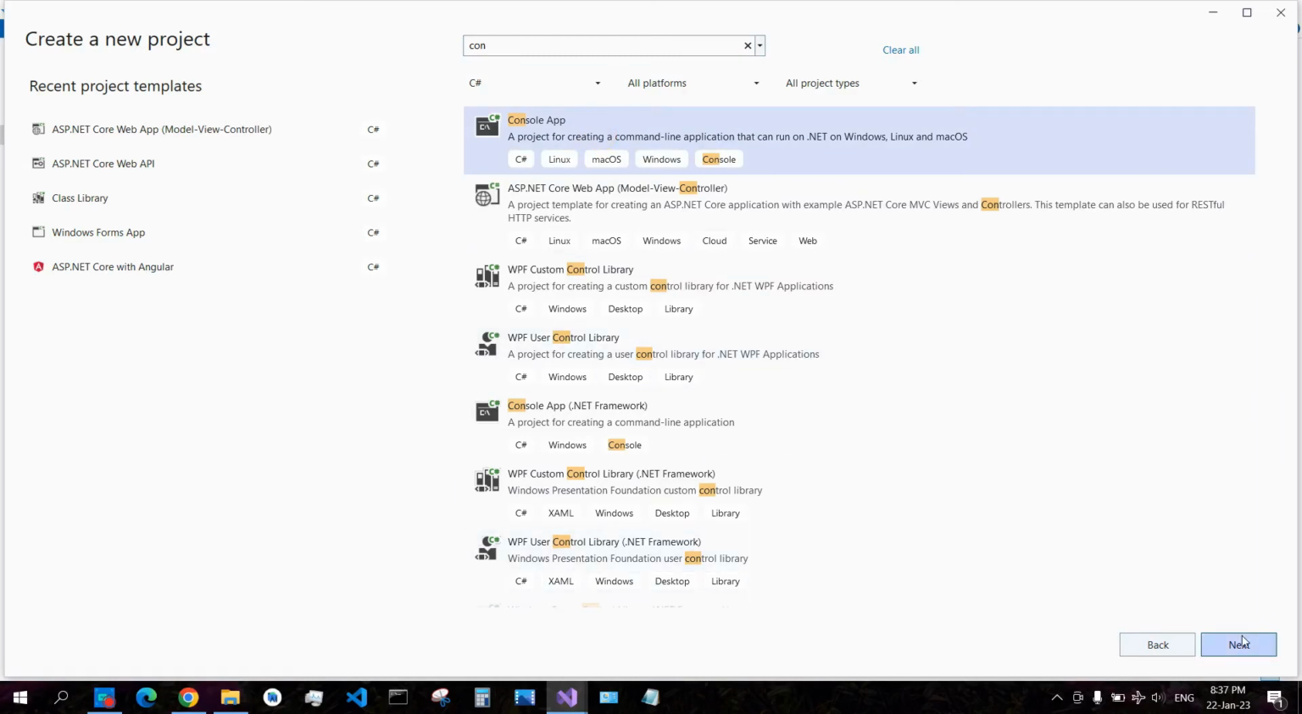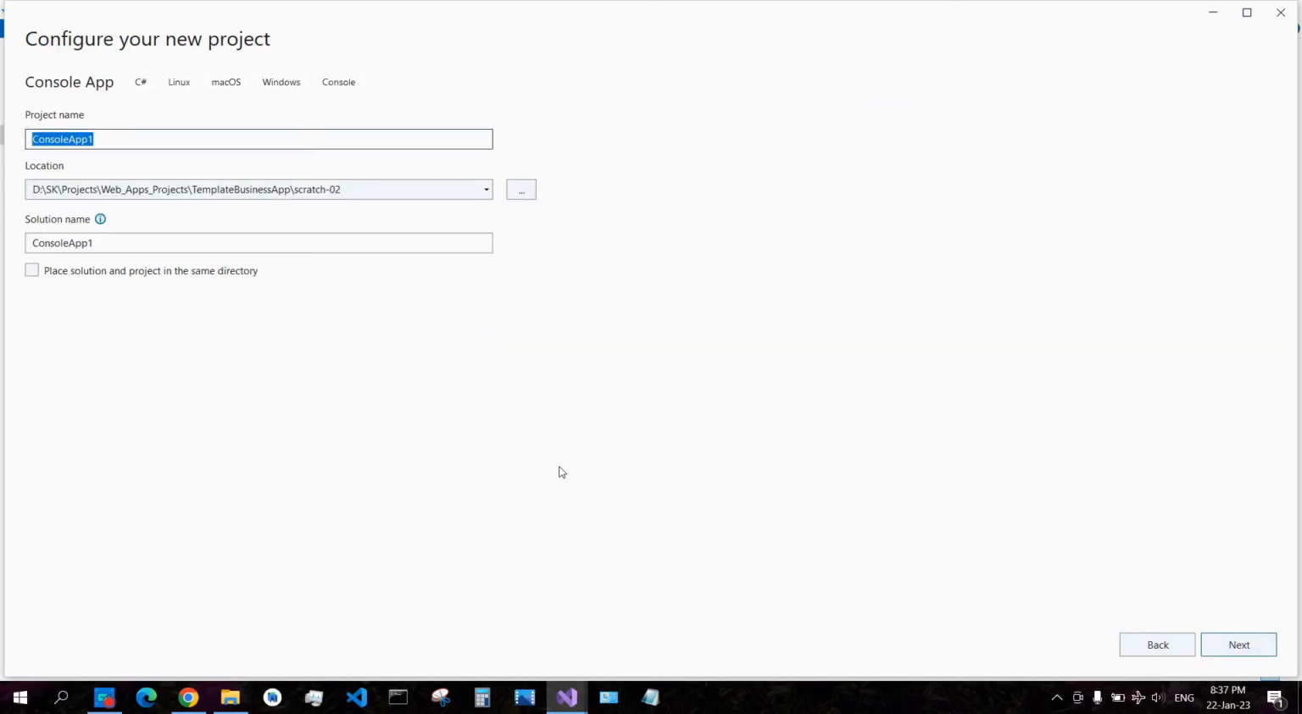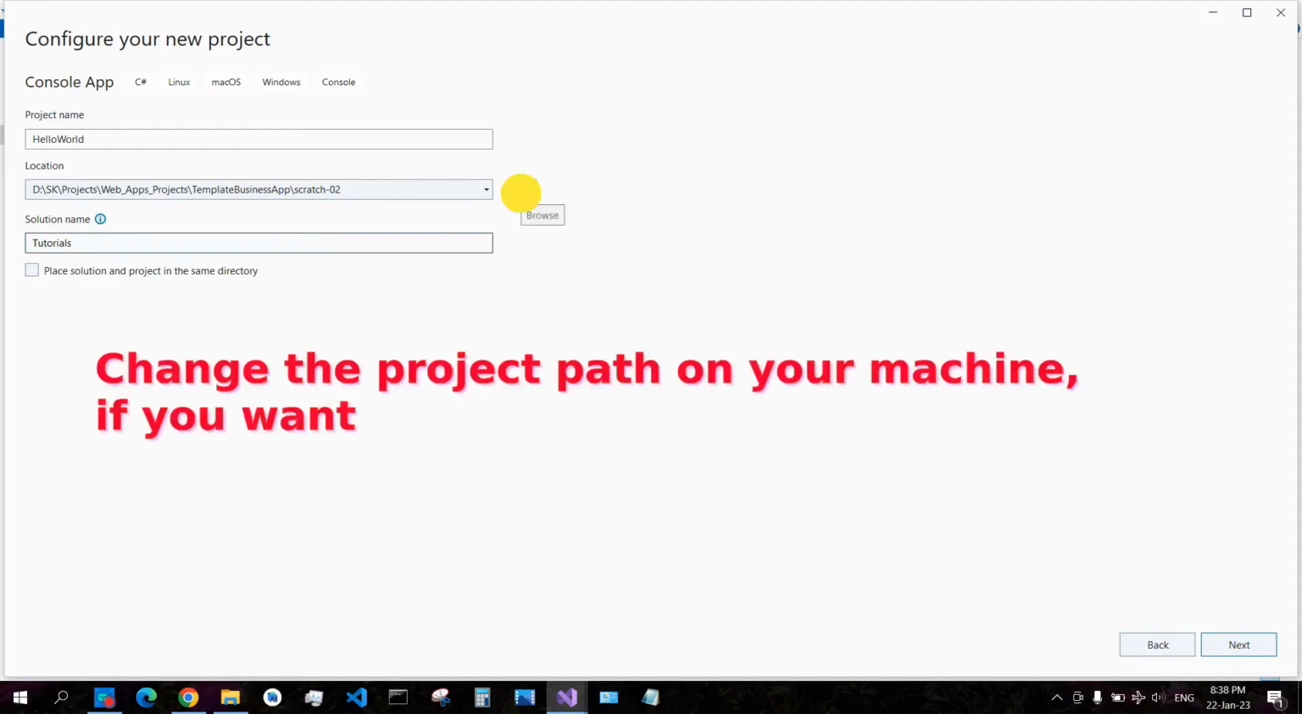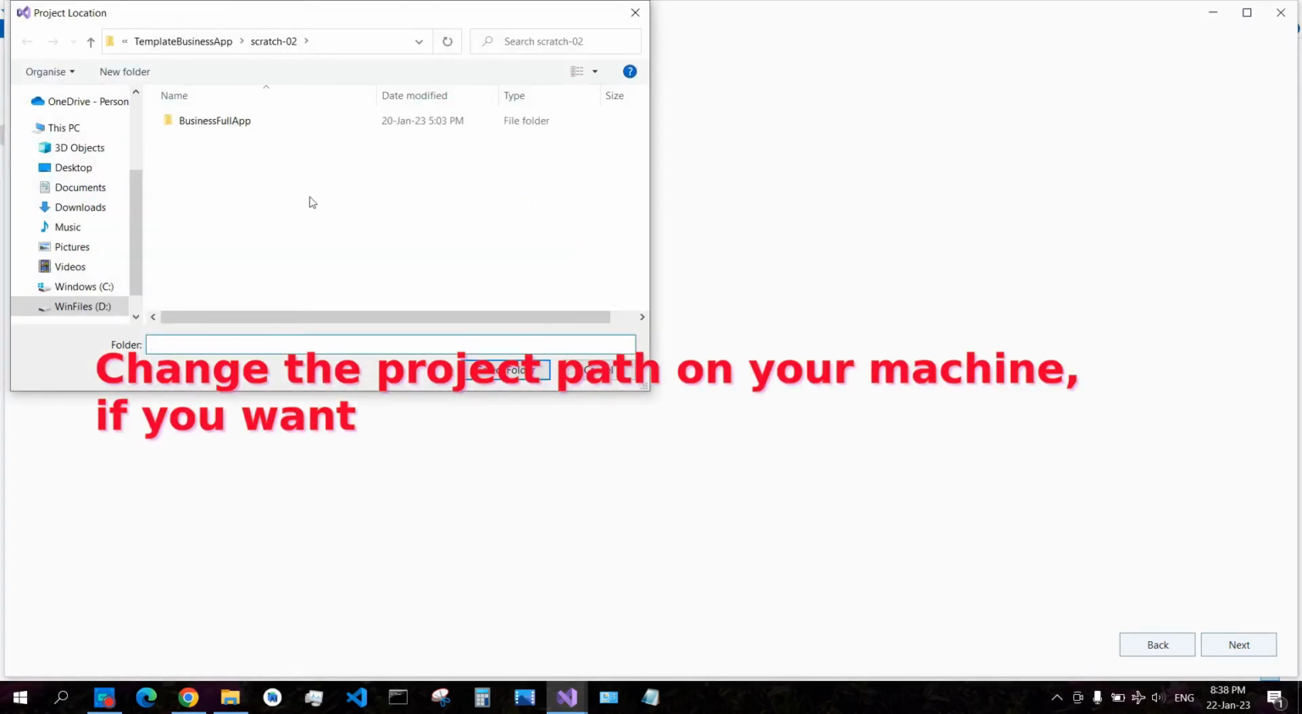Select it and then next, name it hello world. When you give your project a name, your solution also automatically gets a name based on your project, but you can rename it whatever you want. For example, tutorials, the location of the project. For example,